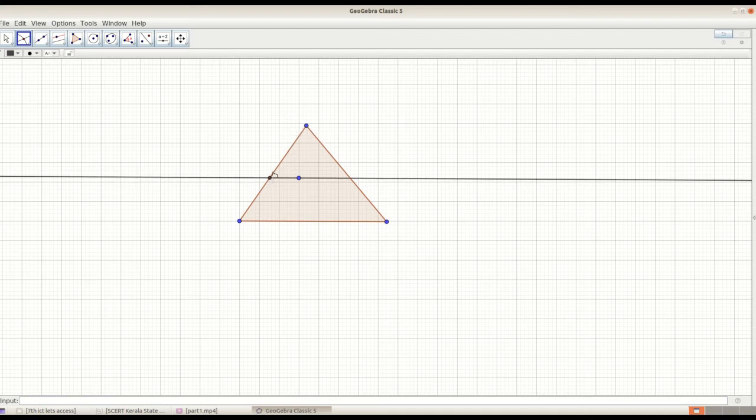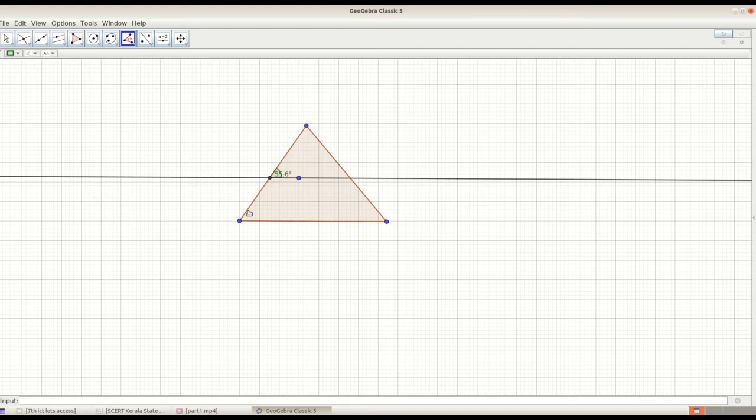Next we are going to find the angle. How can we find the angle? This is the angle tool. Click on the angle tool and then select the points in anti-clockwise direction. That is, this way we want to select. Click here and this point and again here. Now we got the angle as 55.6.